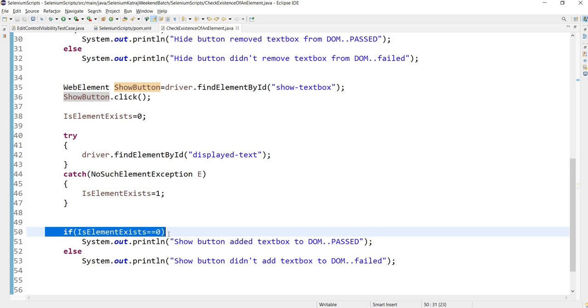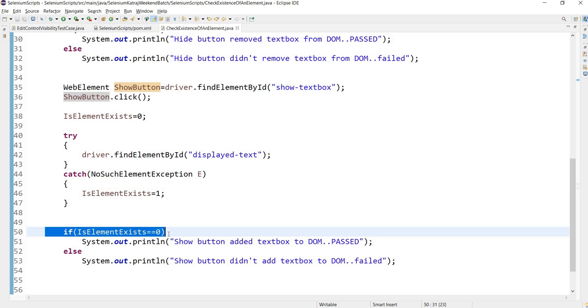Checking visibility and invisibility is different, and checking existence and non-existence is different. In other tools like TestComplete and others, you will find ready-made APIs for it, like .Exists, but in Selenium we do not have that.